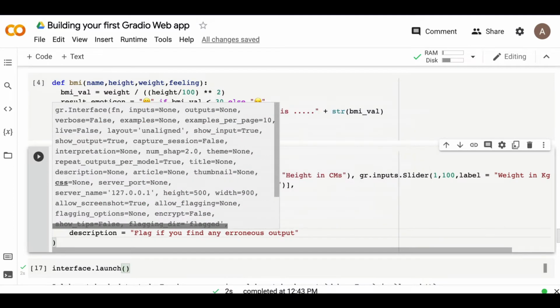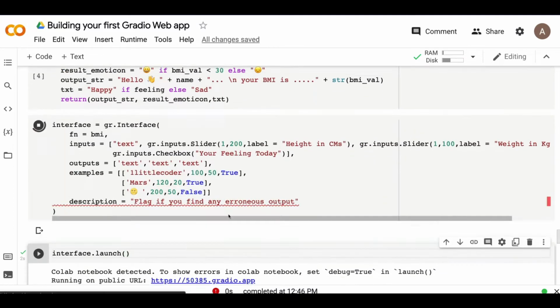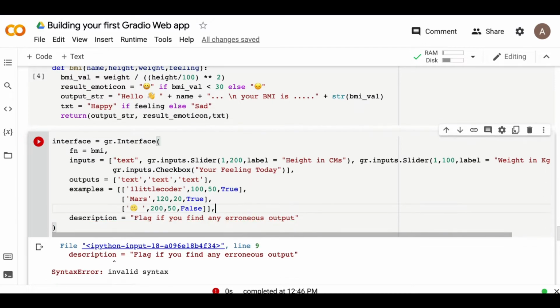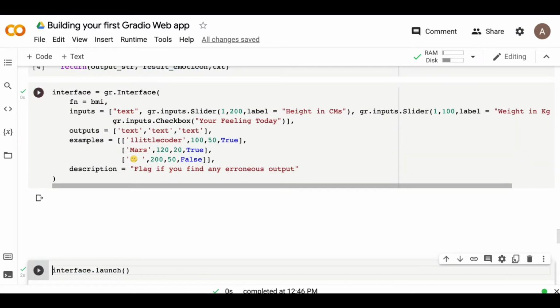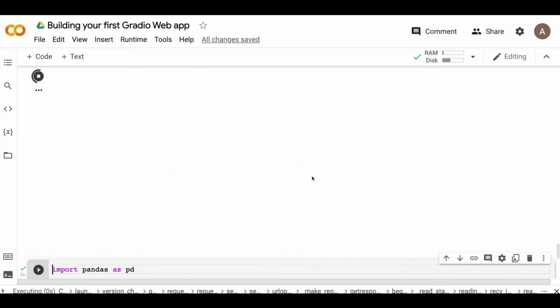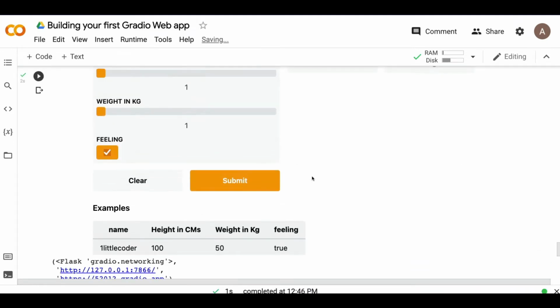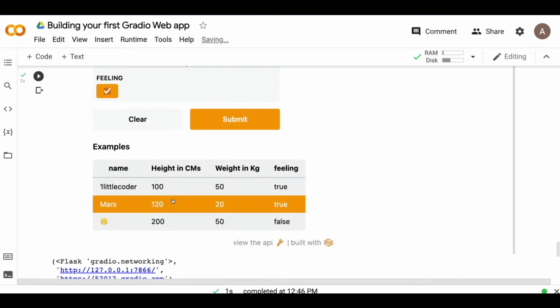So we have 3 examples. Now when we run this application, oh, invalid syntax, because we didn't add the comma there. When we launch this application, at this point you would see the application launched with examples. So you can see there are 3 examples.